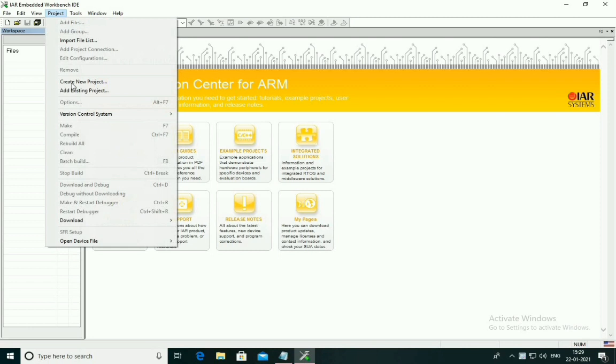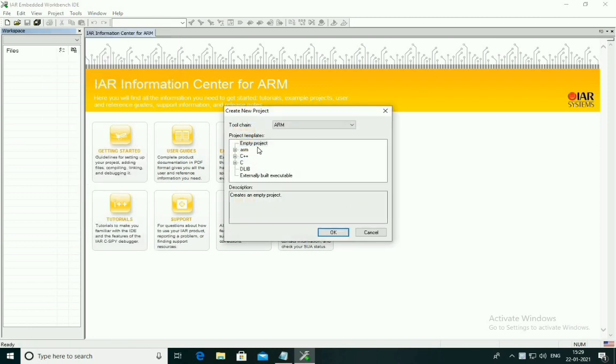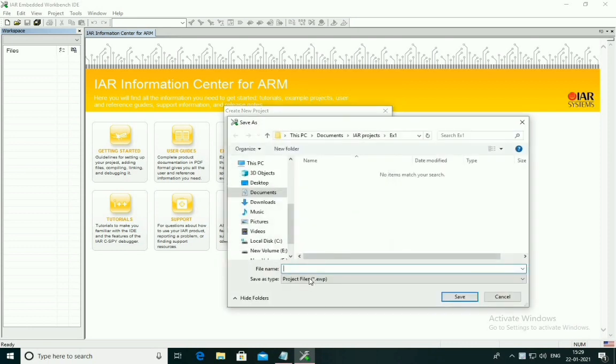then go to project, create new project, select empty project, okay, then give the file name.